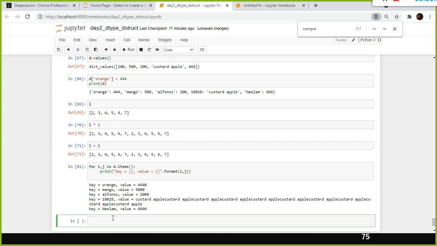So what we can do is, we have something called dictionary comprehension. What we will do is i colon j plus 100 for i, j in d.items(), in a single line.